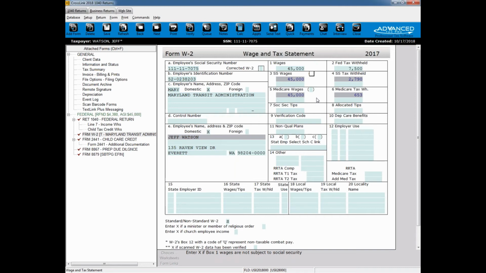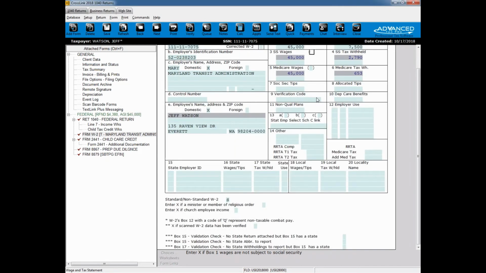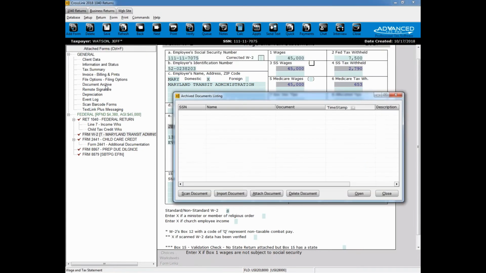Once you enter your income, the next step is to finish up all the secondary forms, like your state information and all your miscellaneous tasks. So we're not going to add a state to this, but we do want to make sure that we have information entered in our document archive. If we open up our archive, we can click Scan Document,